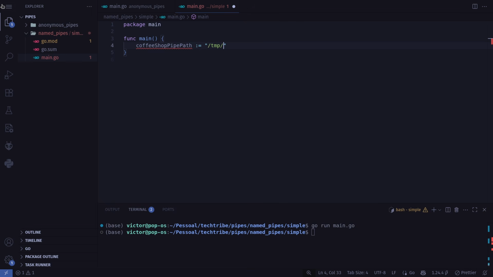And I will create it inside the temp folder, which is related to, well, all files created here, they are temporary files. So that's just a great practice. And I will check if the file exists, and we can do that using the os.Stat function. I will actually create a helper function for that,